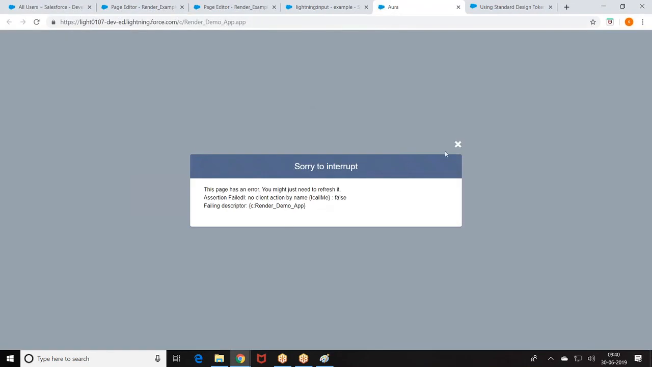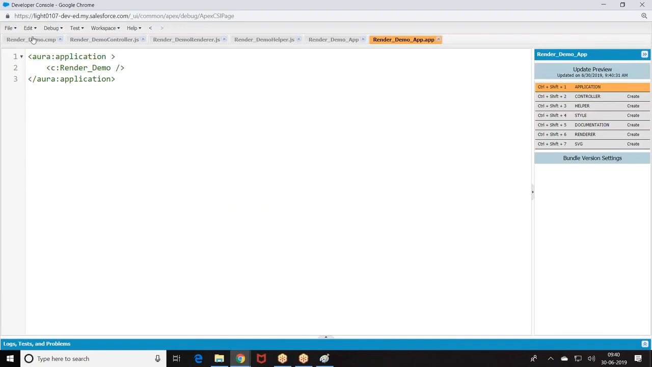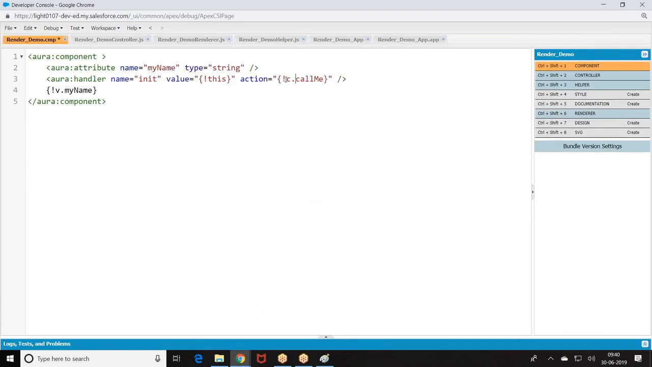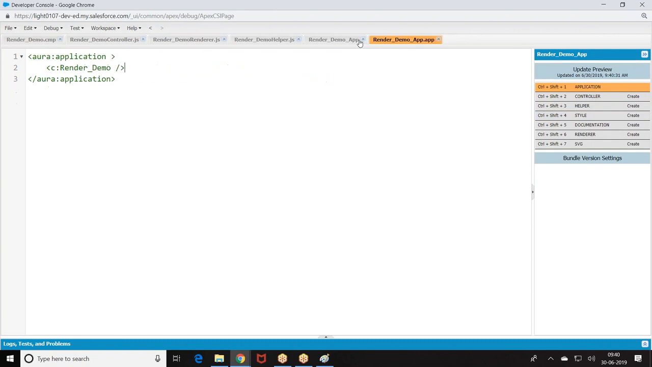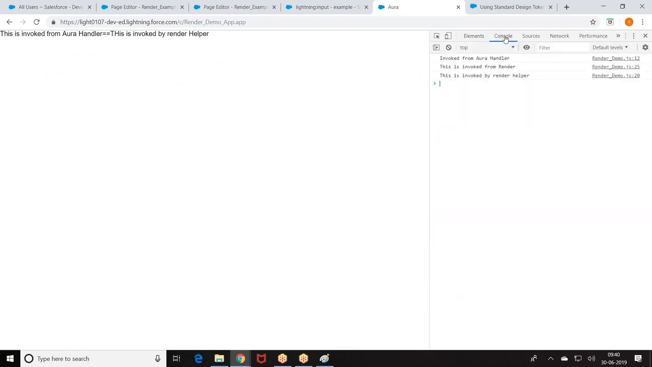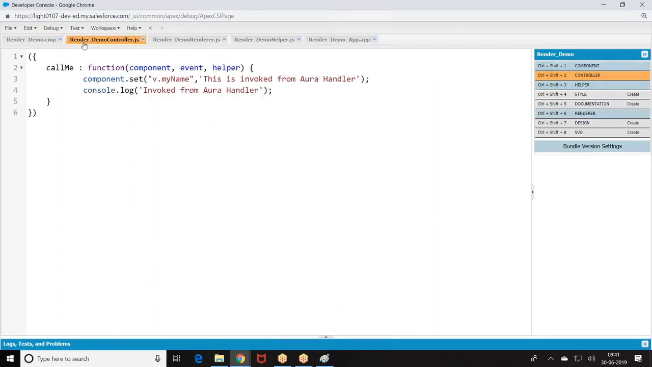What was that? C dot call me method. Then invoke from Yura handler. This is invoked from renderer. This is invoked by render helper. Okay. So first what is called? Handler is called, followed by render is called. After render, component is loaded. Now go to the next one. After render,